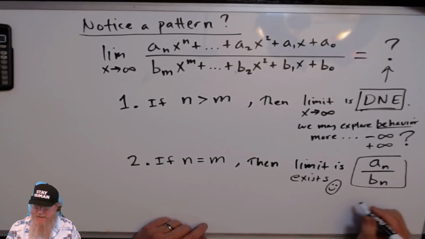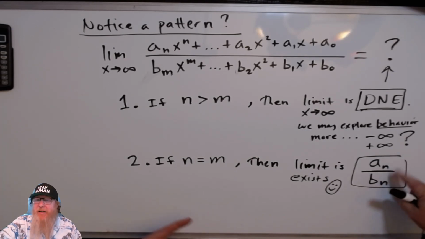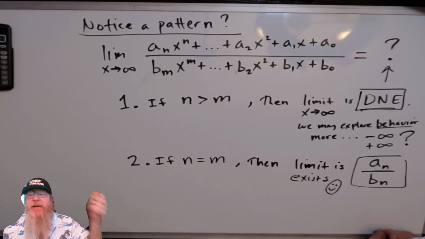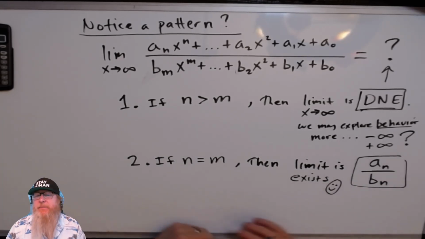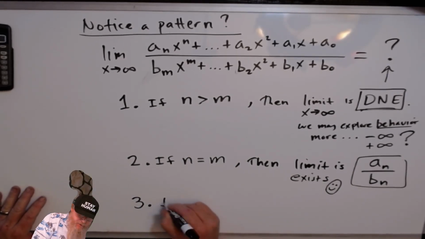I'm happy about that. That's my happy face. And not only does it exist, but it's a very nice number, right? 4 divided by 8, or 16 divided by 2, or negative 1 divided by 3, or whatever it comes out to be. And then finally, the third case